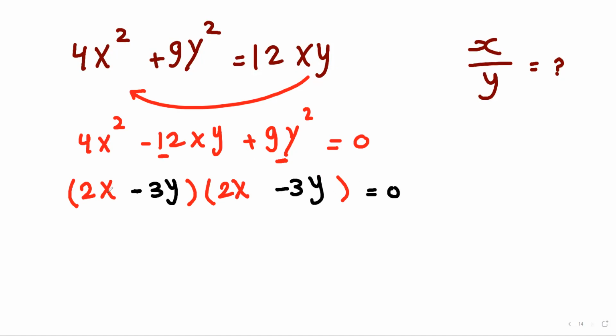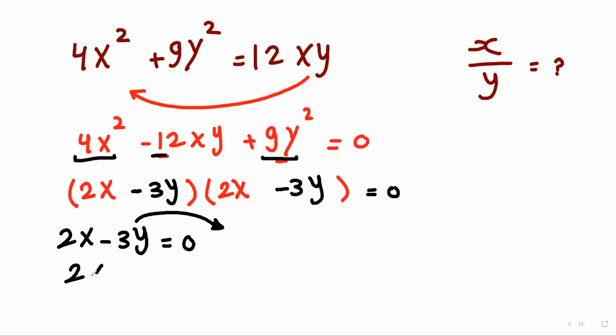If you want to check it, multiply the first by the first, that leads to 4x squared, and multiply the second by the second, that leads to 9y squared. And if you multiply the extremes and add them to the means, you'll get negative 12. You have studied it previously. So after that, we have 2x minus 3y equal to 0. Move 3y to this side, so 2x equals 3y. What is x over y? X over y. Go and don't return alone. Take 3 with you. It's 3 over 2.